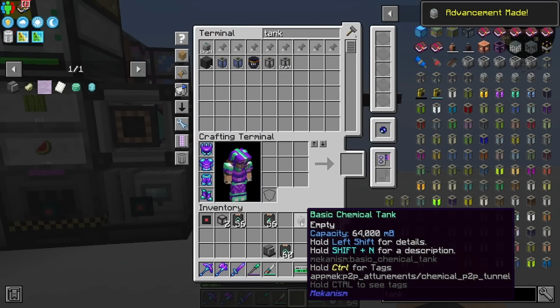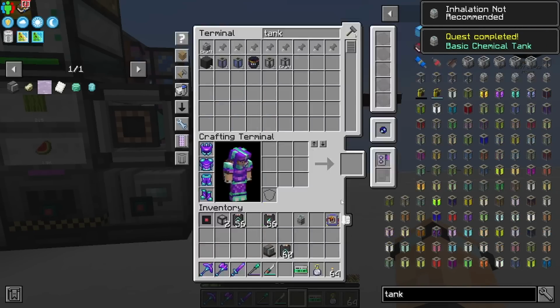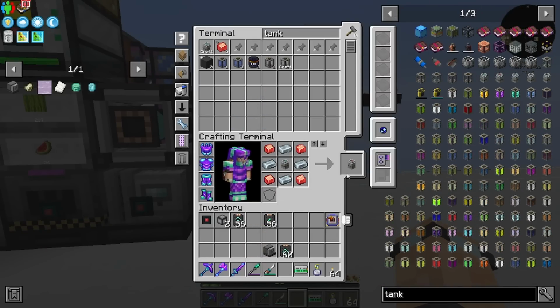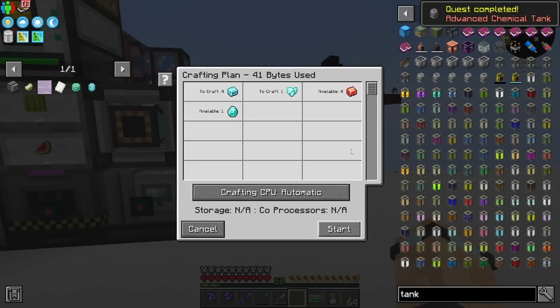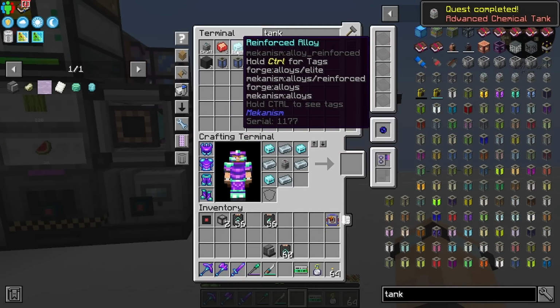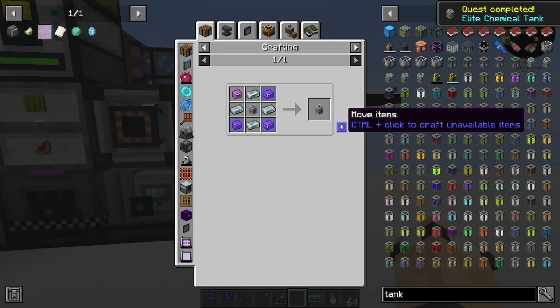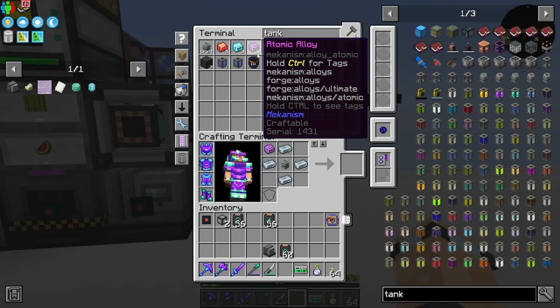I might upgrade this. There's a way of upgrading this, right? To, okay, this one, and then so on and so on. We might get a load of quests for this, to be fair. There we go. And then the last one is the ultimate tank. Perfect. So yeah, the plan is we're going to put this in between, because we can set this to void